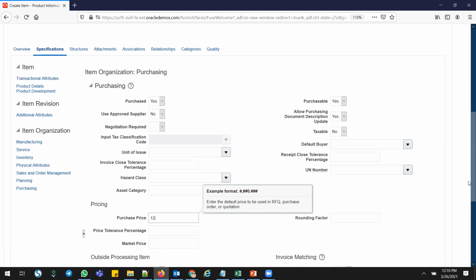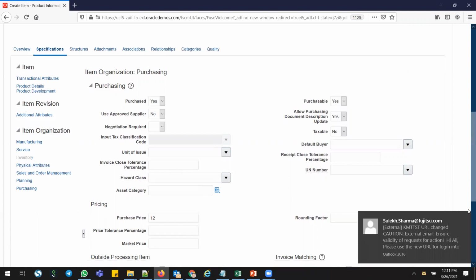At the time when this data is interfaced from order management to purchasing through SCO, supply chain orchestration, my purchase price will be taken from the item level purchase price. If you have any blanket purchase agreement already existing, then the purchase price will be taken from the blanket purchase agreement, right? And then go to inventory.